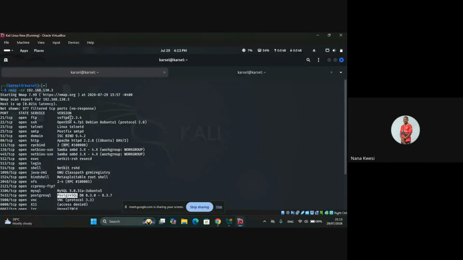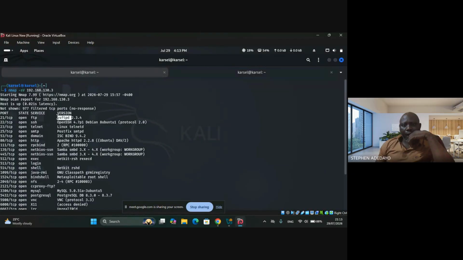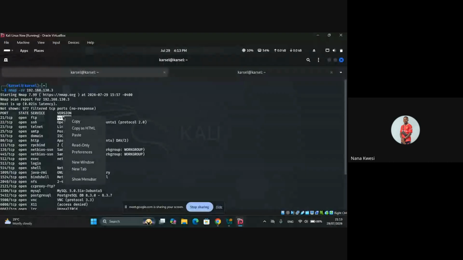Or searchsploit. So in this case, let's use searchsploit. I'll just copy the version, then